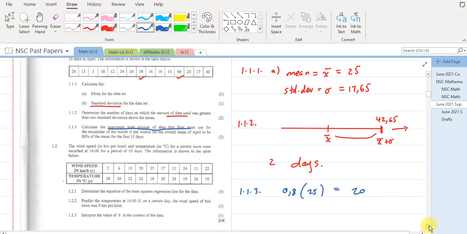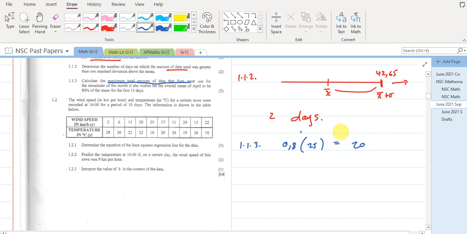Right, so total, see, the total mean is 20 for 30 days. So the sum of data, total data usage for April. So you're gonna say data usage for April is equal to 20 times 30, because 30 days,